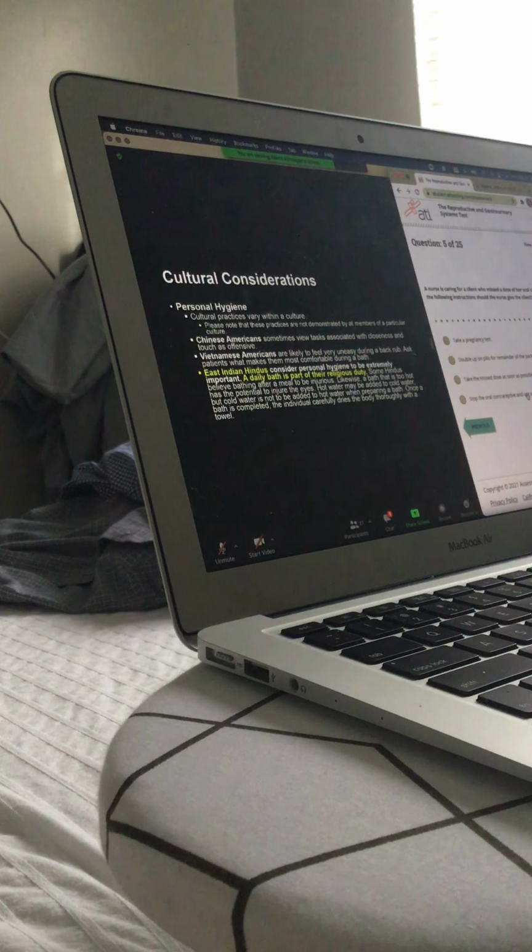Ask patients what makes them most comfortable during a bath. So when you start grabbing them by their back, patients of this culture might take offense. Now, just like I mentioned earlier, the East Indian Hindus consider personal hygiene to be extremely important. That means when you're dealing with this culture, part of the care plan would be a daily bath